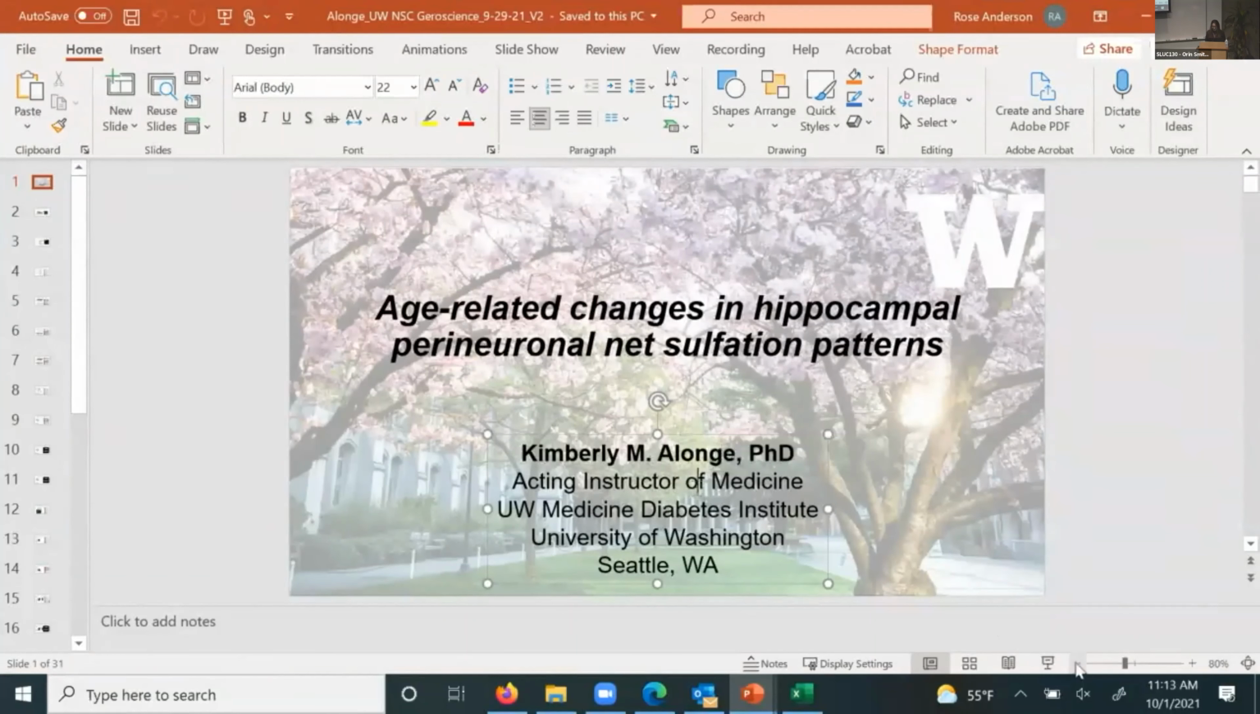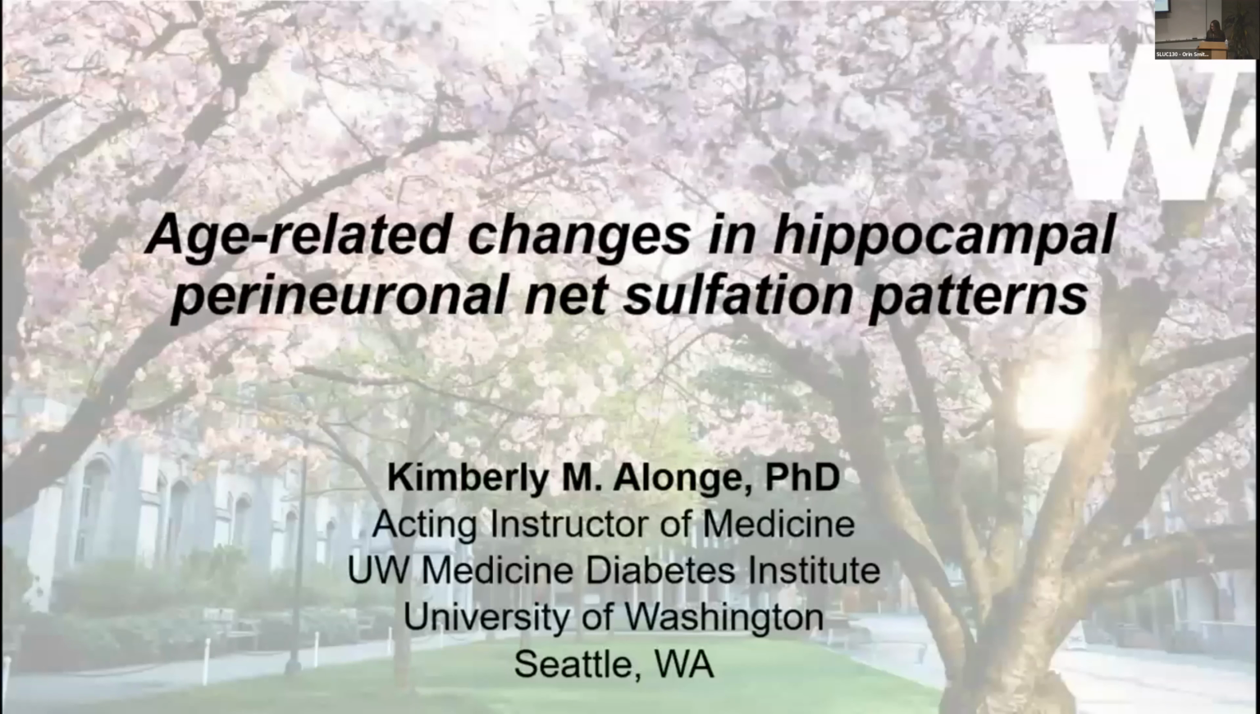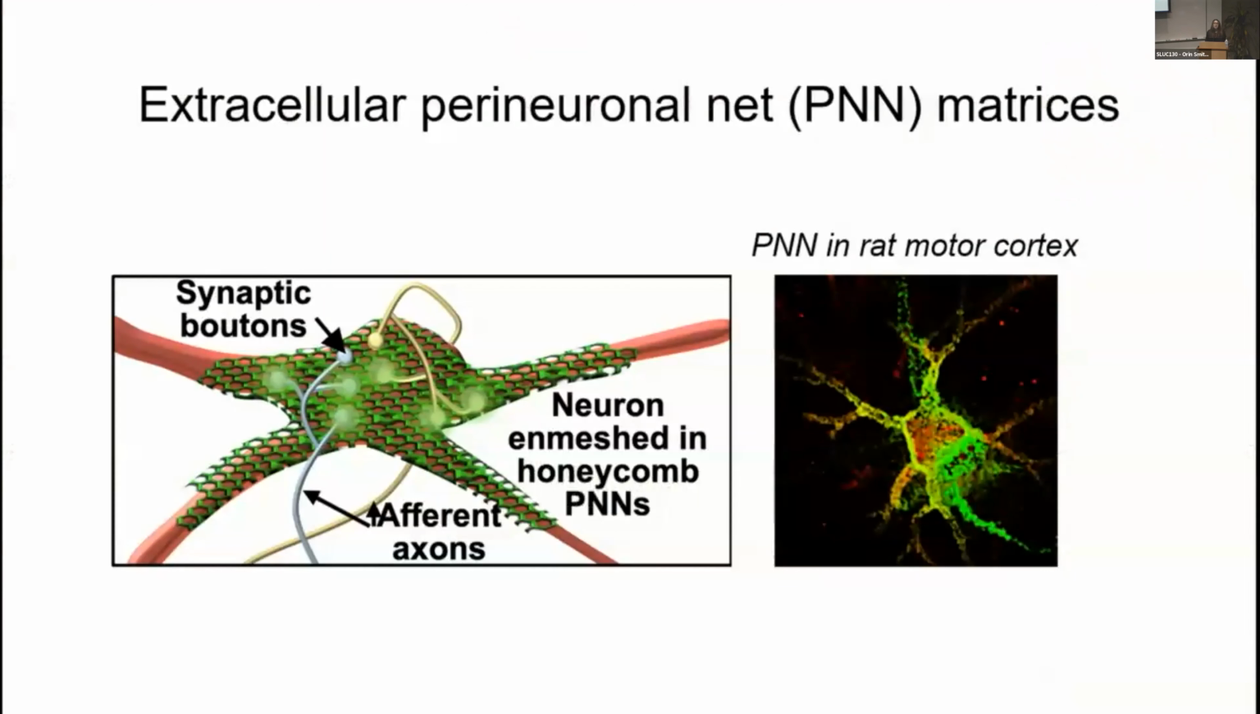Okay, so thank you for that introduction. My name is Kim Alonji, and I am an acting instructor at the University of Washington Medicine Diabetes Institute. Today I'm going to be sharing with you my research regarding perineuronal nets in the hippocampus during aging and development. Perineuronal nets are extracellular matrix structures that enmesh the soma and proximal axon and dendrites of critical neurons